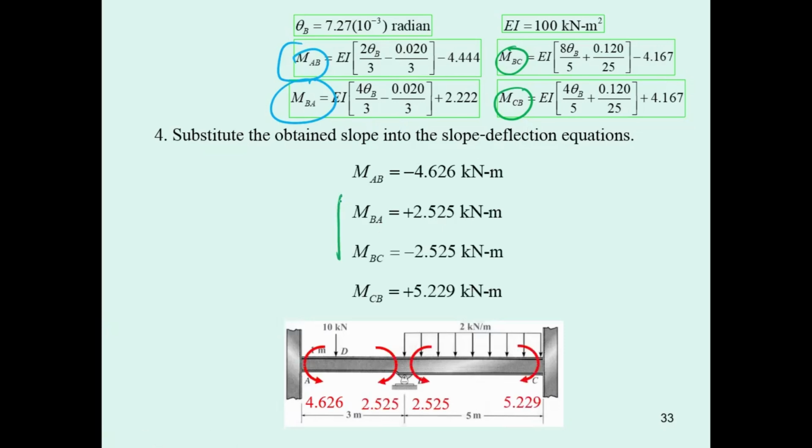And you should note that after you get the number, you have to make sure the M sub BA and M sub BC follow the equilibrium equation. If they are different, combine them, divide by 2. Okay, average it and use the average number as the answer. Adjust it. Okay, if not, you have to adjust it. Then you get the end moment. The one that's negative is going to be counterclockwise. The one that's positive is going to be clockwise.